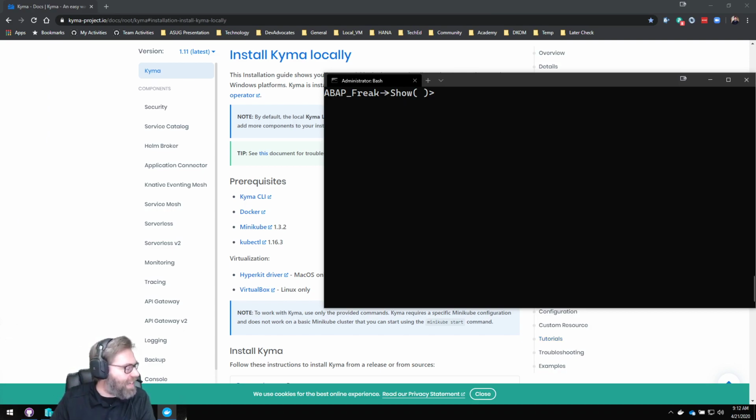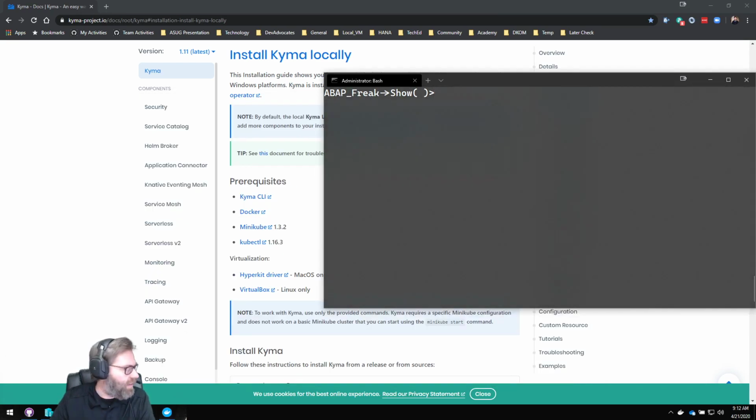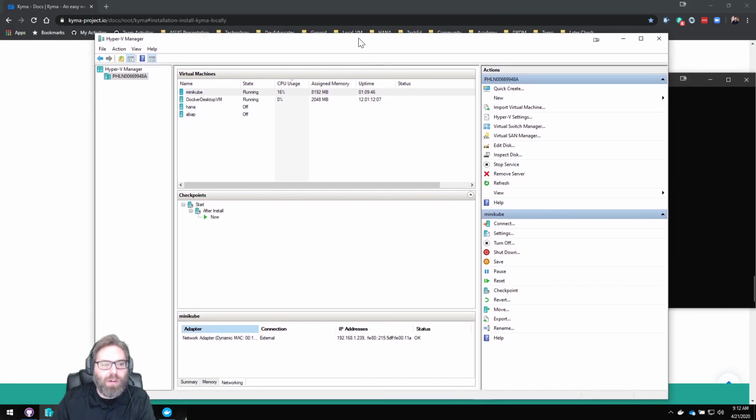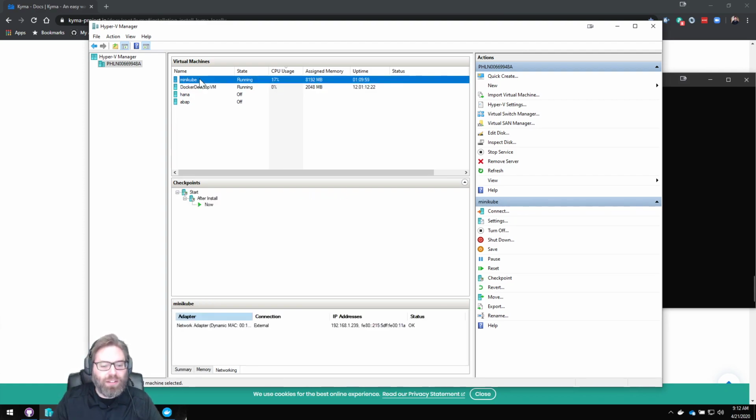I just downloaded the installer for Windows and ran it. You see, I don't have a whole lot running here in Docker right now, but I've got enough to get started. And I'll go ahead and bring over my Hyper-V manager. You can see that Docker Desktop did create its own VM. Did that during the installation process,